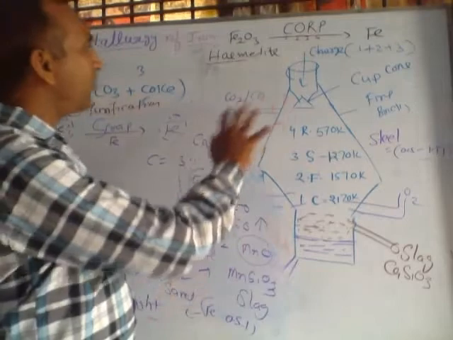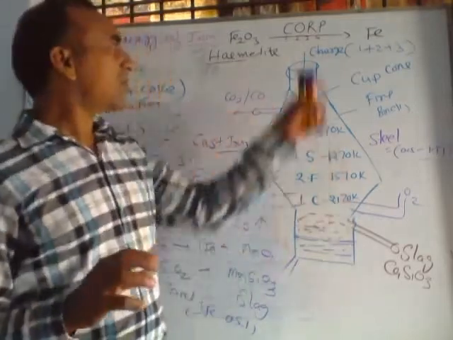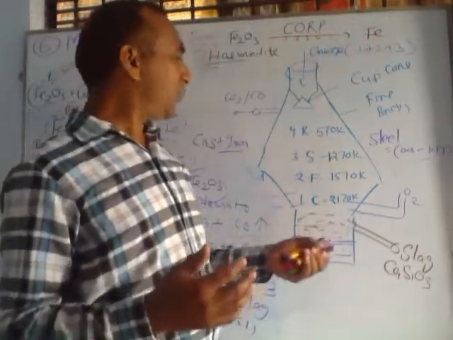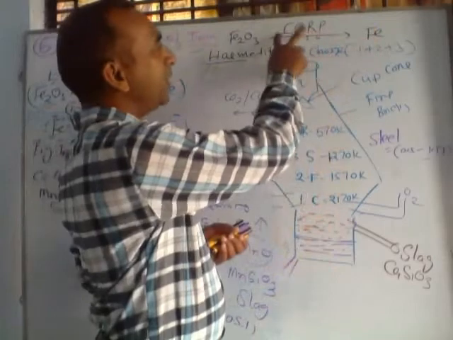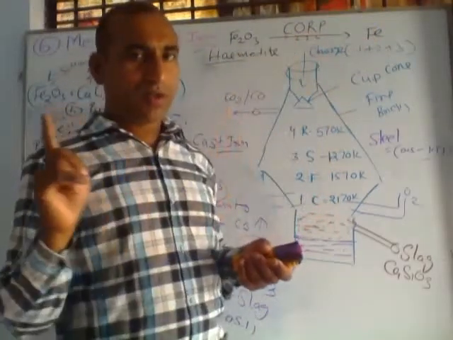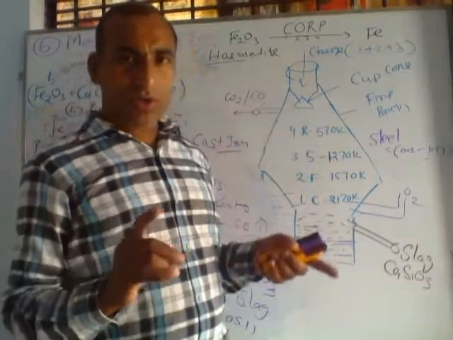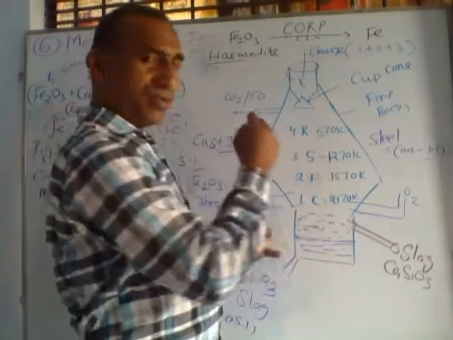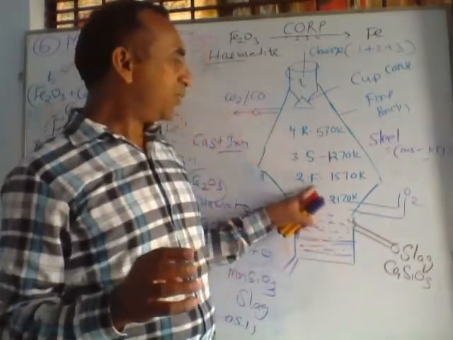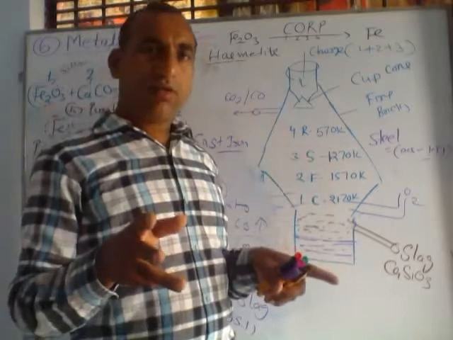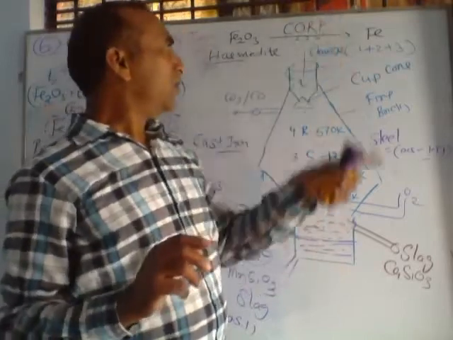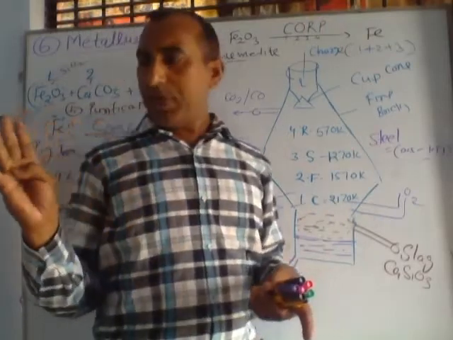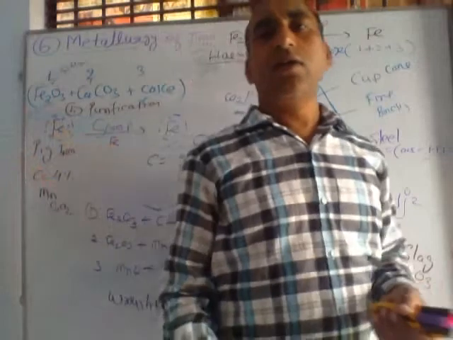So today we have discussed how we can extract iron from hematite, different forms of iron and different steps for the extraction of iron. Basically it depends on ore concentration by magnetic separation, oxidation, reduction takes place inside the blast furnace, and these two reactions are divided in 4 topics: combustion, fusion, slag formation and reduction. And last P for purification. So in purification, pig iron, cast iron, steel iron and wrought iron is formed.